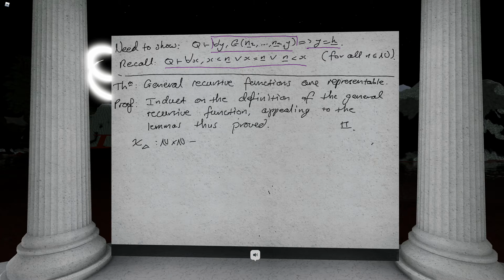So N cross N to N, then n1, n2 maps to 0 if n1 equals n2, n1 otherwise. Okay, so they're the base cases, and then the inductive cases were the composition of general recursive functions is general recursive, and then the minimization of general recursive functions where there always exists a first element that